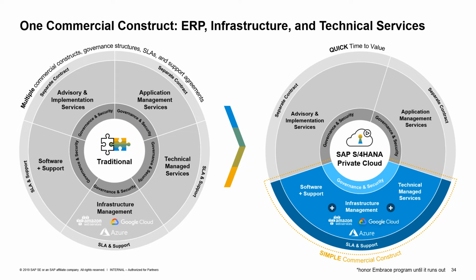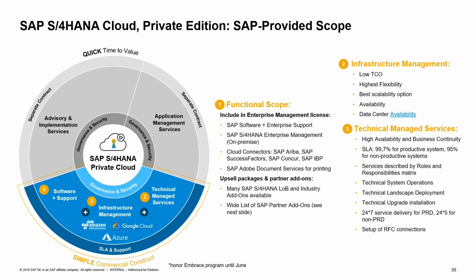Then, as you can see, more than 50% of the solution offering is provided by you, our partner. You may have one or more contracts with your customer for advisory and implementation services and or application managed services. So with this contract construct, there's a lot easier to maintain and a quicker time for value for your customer. When we look at the blue items on the bottom, let's blow that out a little bit and describe what's included. So this all is included with your subscription license with the material number.